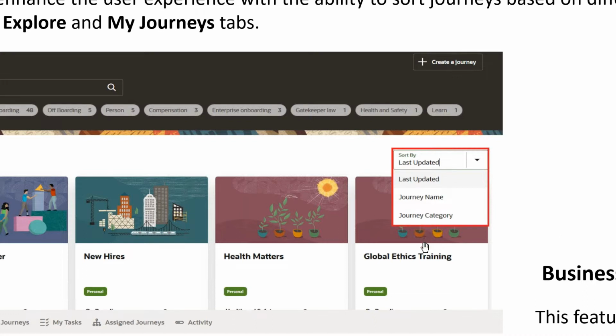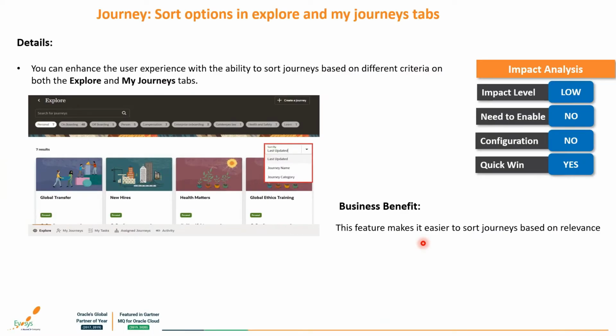This way, any human capital management team or managers can sort the journeys as per their wish and they can take actions accordingly. This would enhance and this would make the journey feature easier and relevant to the user who is using. Moving forward,